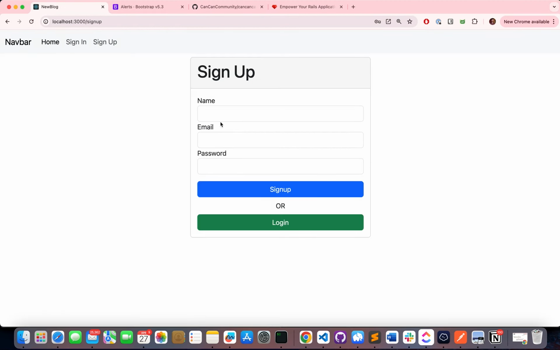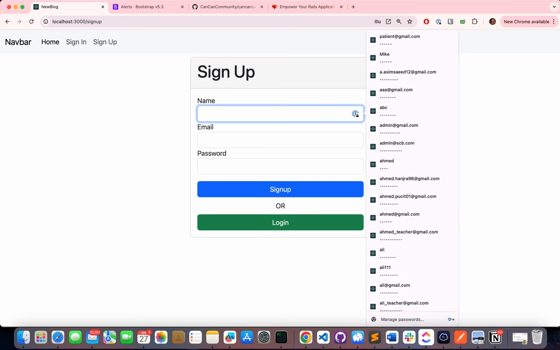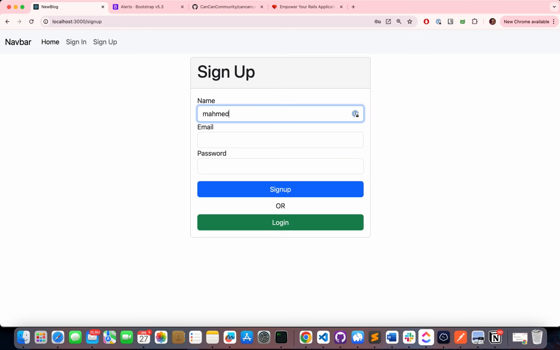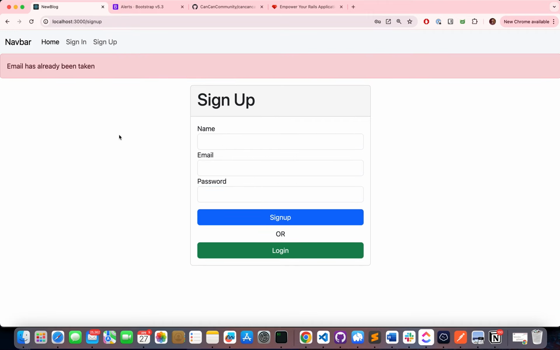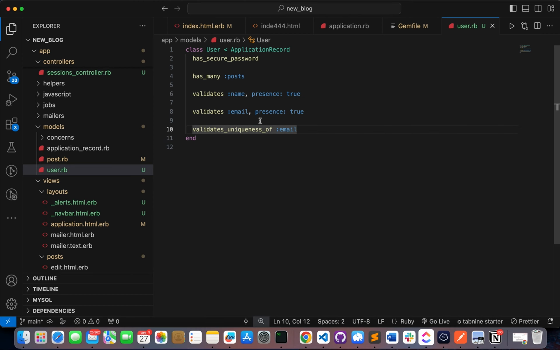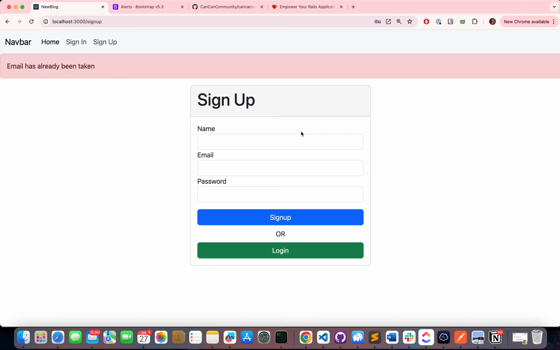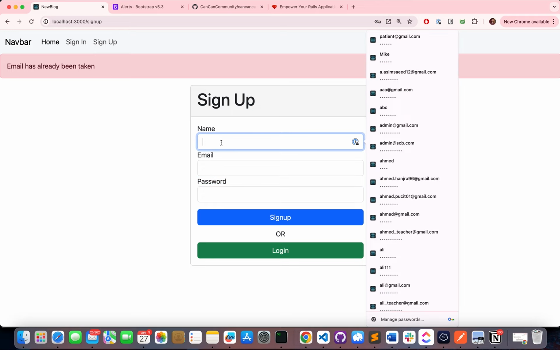So if I refresh, and then if I create an account with the email that is already registered, then we should get an error. If I click sign up, you can see that it says email has already been taken. So it means that a uniqueness validation is already added, and then we can also add one more validation on the password,